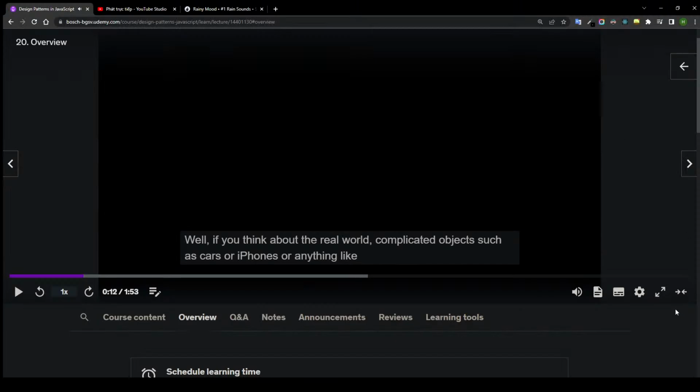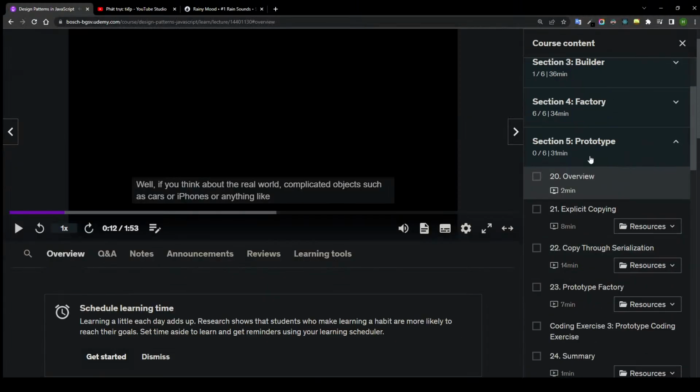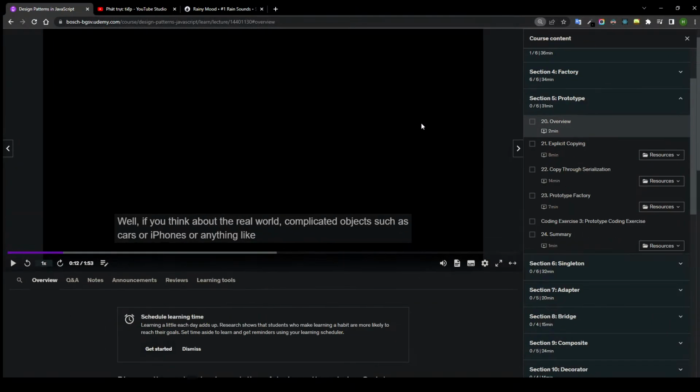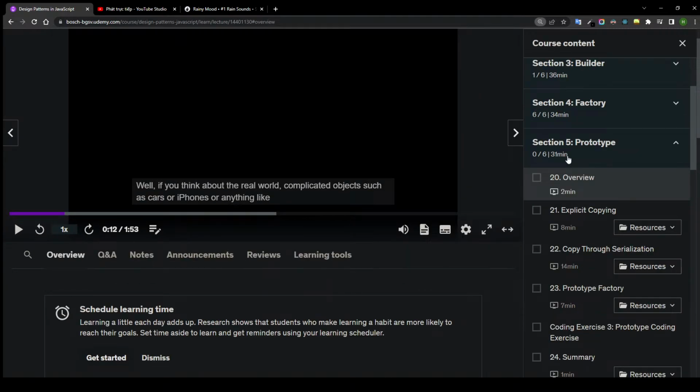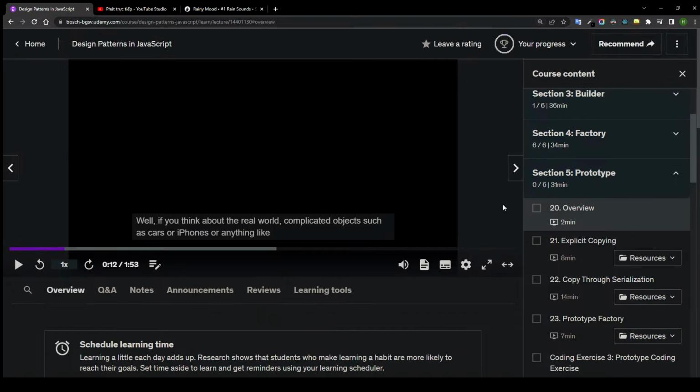In this section of the course, we're going to talk about the prototype design pattern. So what is the motivation for using the prototype design pattern? Well, if you think about the real world, complicated objects such as cars or iPhones or anything like that, they are typically